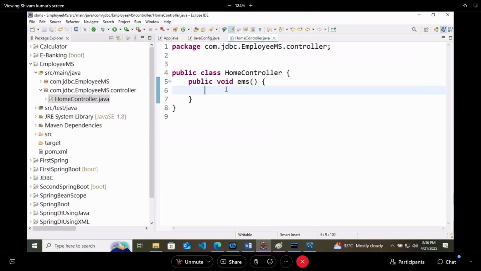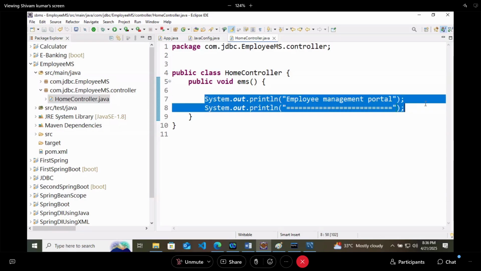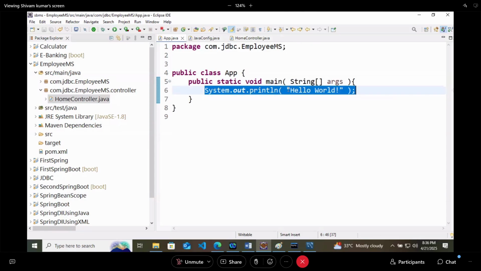So in this EMS method, at first I will print a message, that is employee management portal. And only these two things, let's check in the main app.